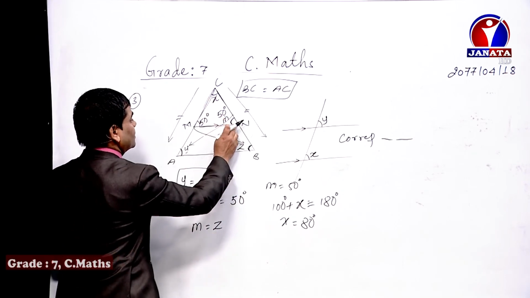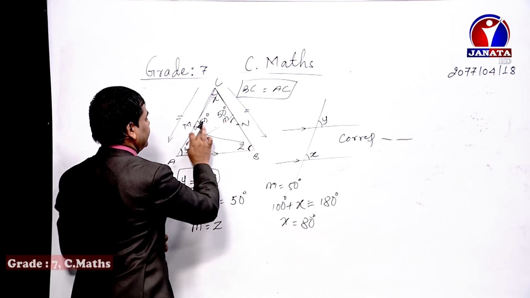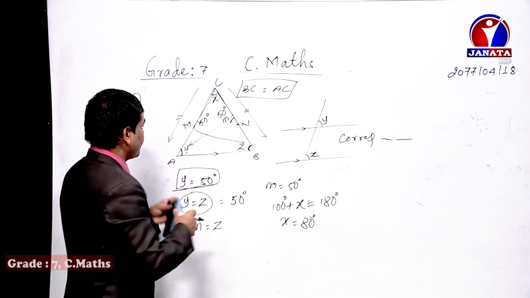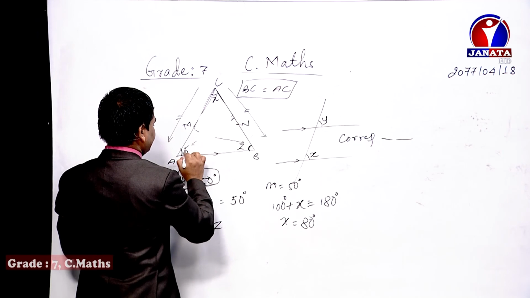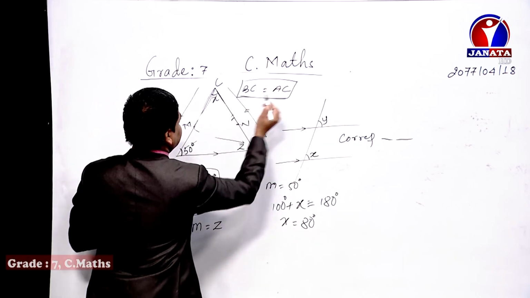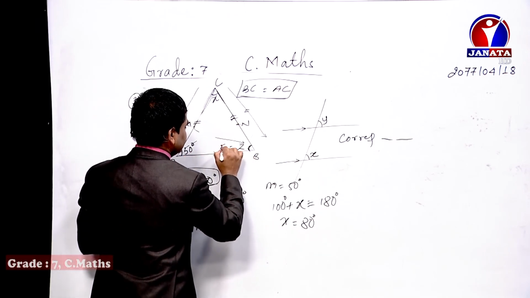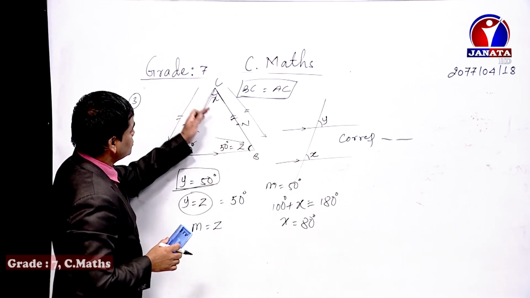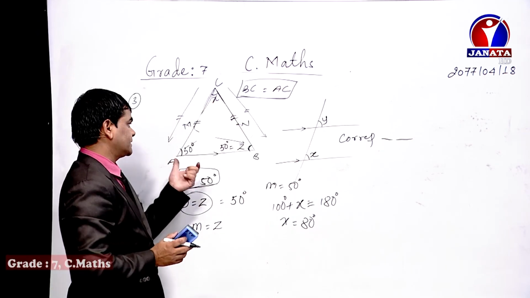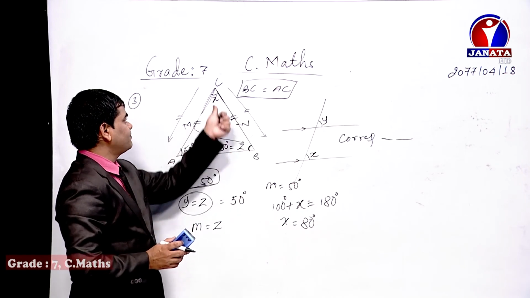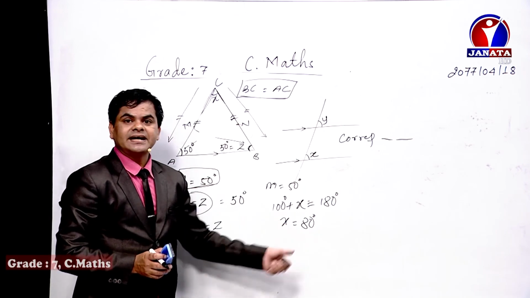There is another way also to find the value of X. Rather than thinking about the MN line, suppose that there is no MN line. We got the value of Y already as 50 degrees, isn't it? Y's value came as 50 degrees, and BC equals AC means this one side and this one side are equal to each other. So this Z also came as 50 degrees. Now by doing the sum of angles of this triangle ABC also, we can calculate the value of X. 50 plus 50 plus X equals 180 degrees. As a result, the value of X comes as 80 degrees.